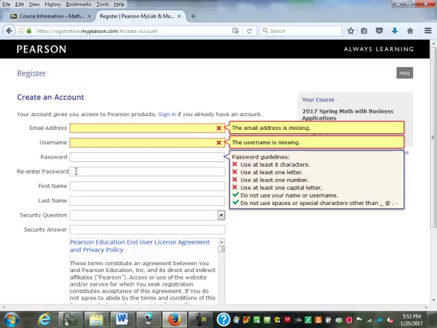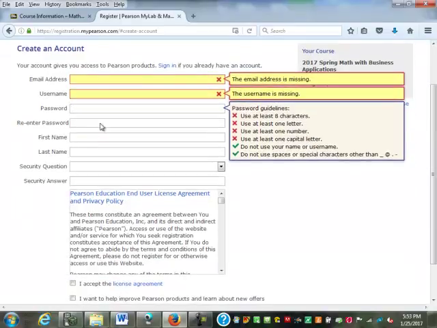Every semester I have 1 or 2 people that create their account. They go home and they can't log back in. And it's because they forgot their password, or they thought they remembered their password, and my math lab made them use a number or non-alphabetic character, and they forgot what they changed it to, and it's really kind of a pain to reset your password. There's nothing I can do for forgotten passwords. You have to go through Pearson's customer service, and sometimes you can sit there waiting for 25, 30 minutes for somebody to answer. So make sure you write all this stuff down